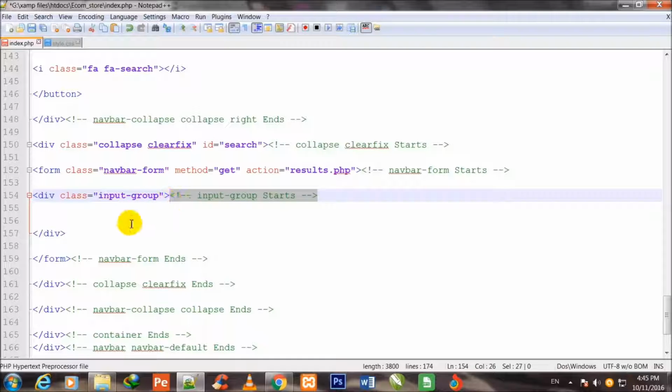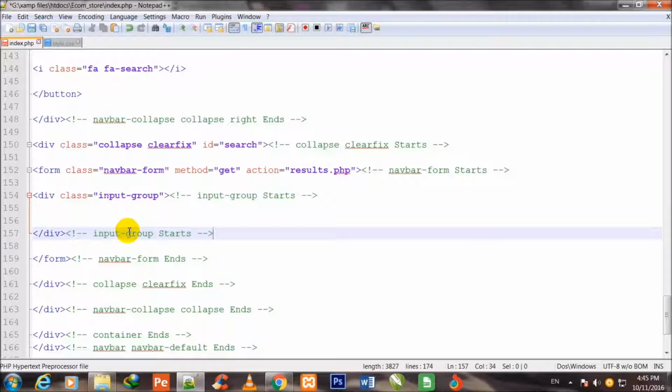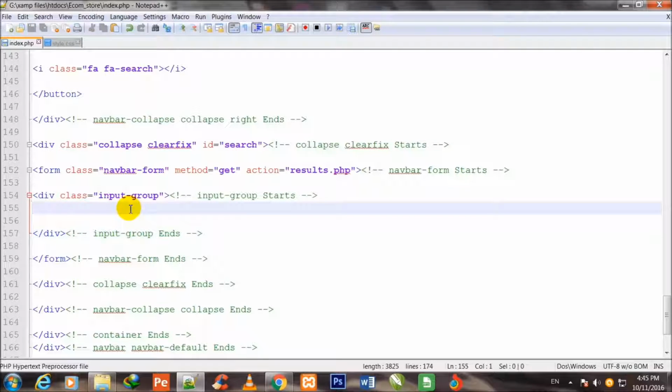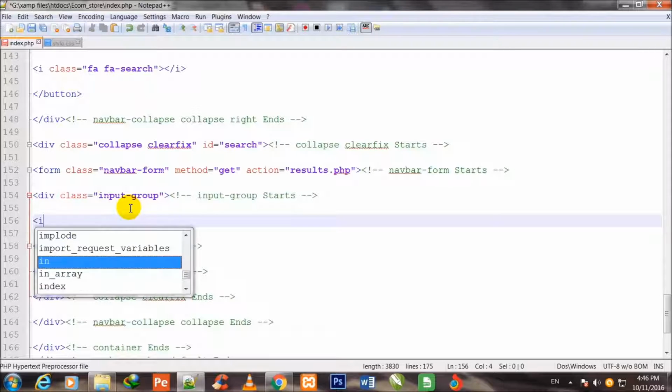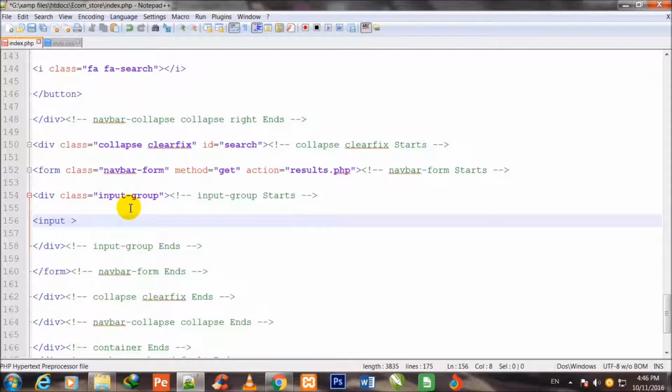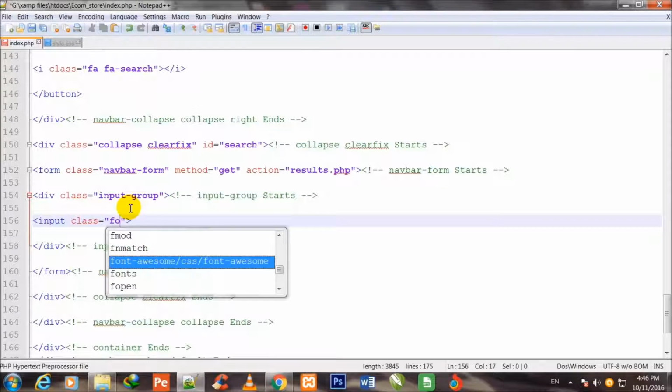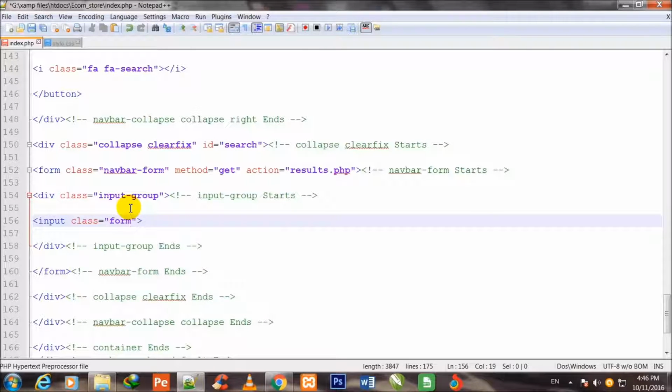I copy this comment and paste it at the closing div. Input-group ends, and now I make one input tag inside this div and assign a class to it,